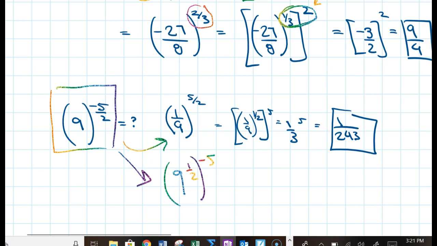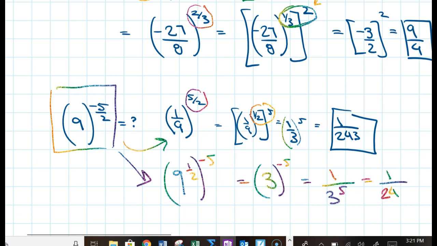But 1/9 to the 5/2, okay, well, power of 5/2 is the same thing as a power of 1/2 to the power of 5. 9 to the 1/2 is 1/3. 1/3, all of that to the 5th is 1 over 243. Let's see. If we go this way, 9 to the 1/2 is 3. 3 to the negative 5th is the same thing as 1 over 3 to the 5th, which equals 1 over